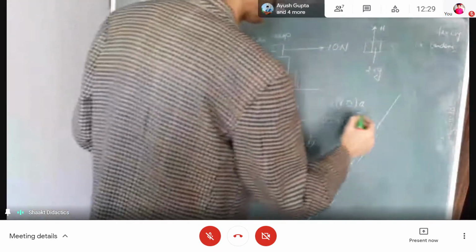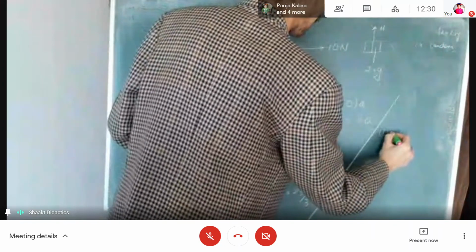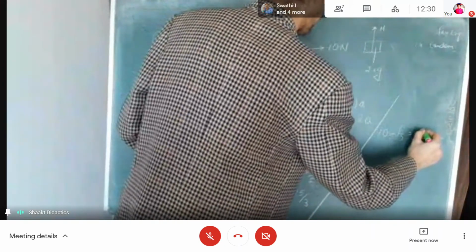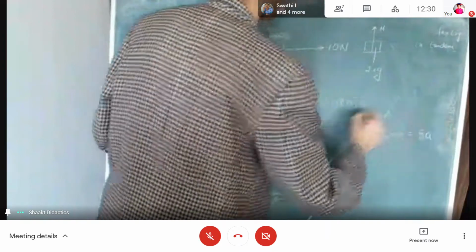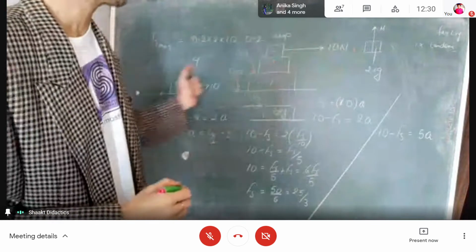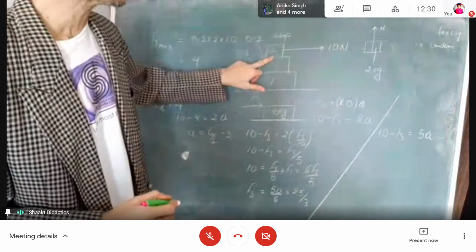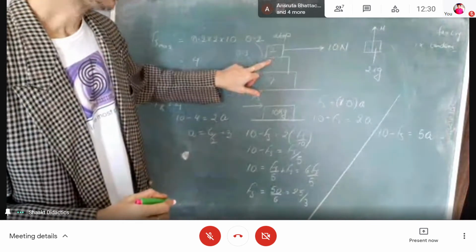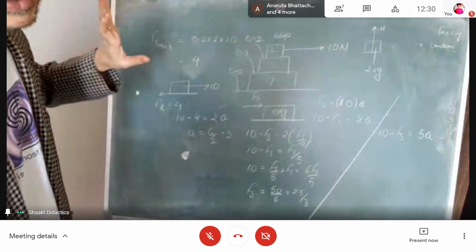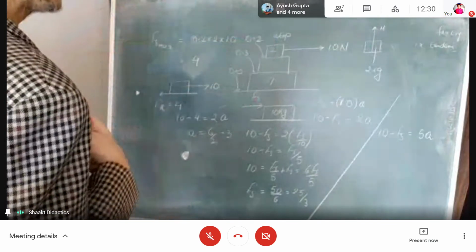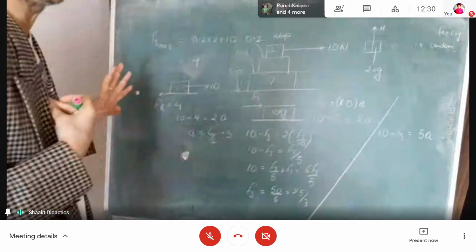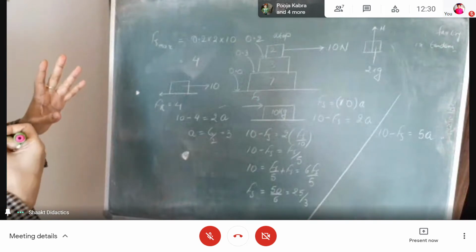What do we then get to see is 10 minus the new Fs is equal to 5 into A, agreed? I'm writing in one go. 10 minus Fs. I will not take the force between them over here, because this is one unit to me, clear? 10 minus Fs is equal to what to us? Is equal to 5 into A. Clear, class?